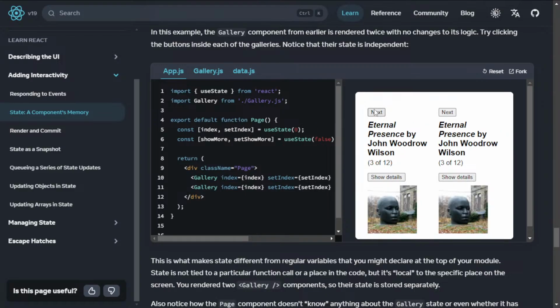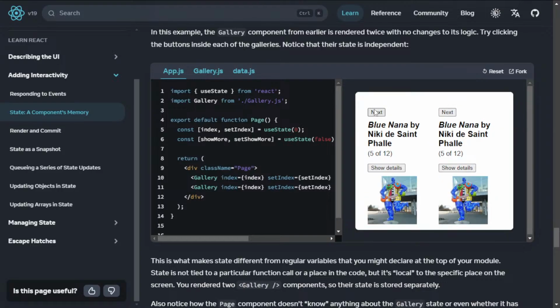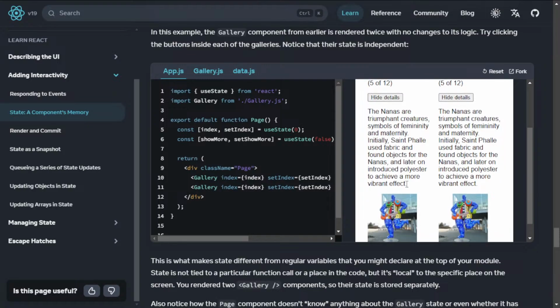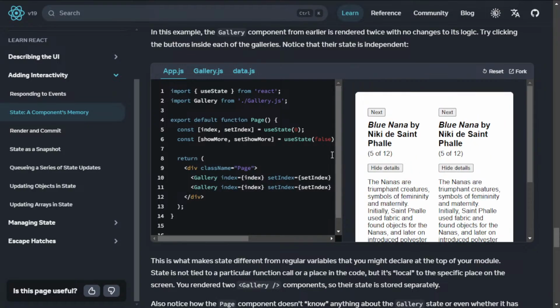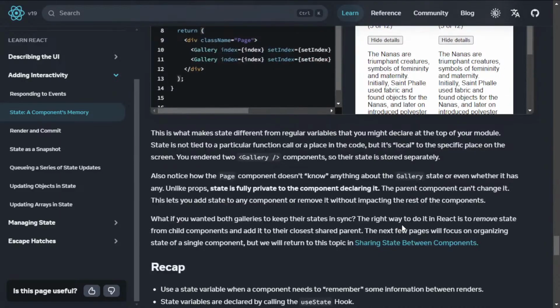Now both the components work simultaneously. To make both components work at the same time, if you want both galleries to keep changing their state synchronously,